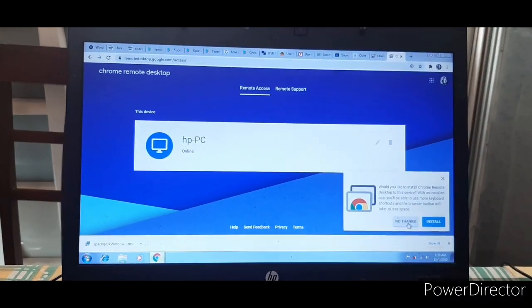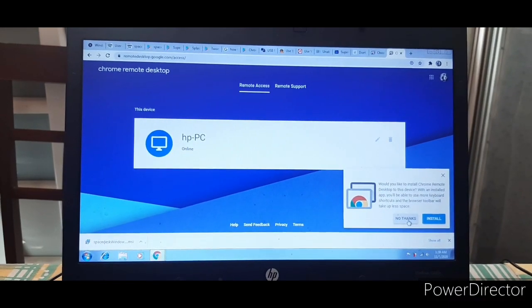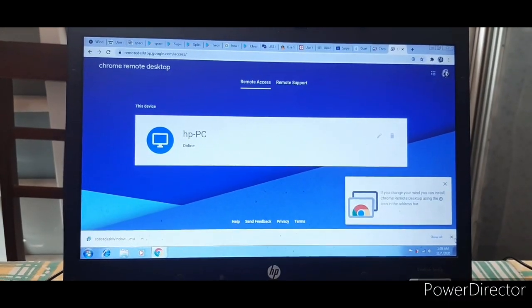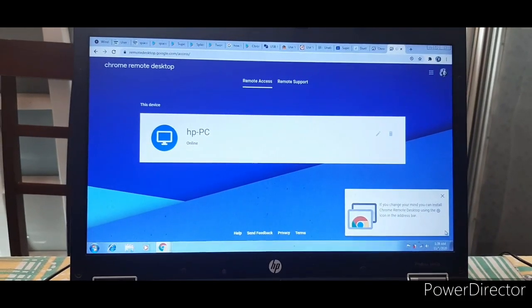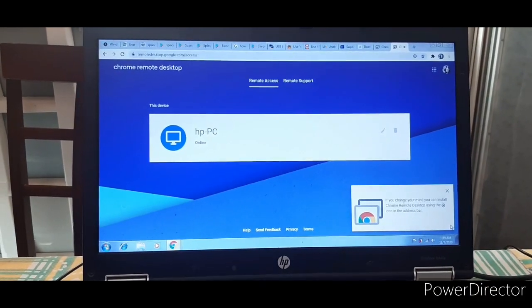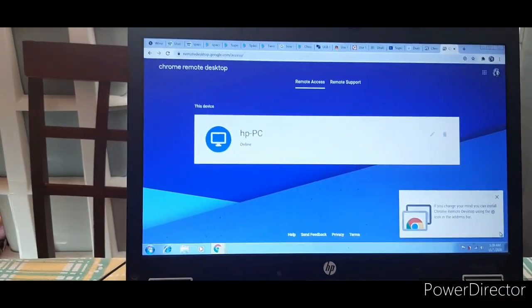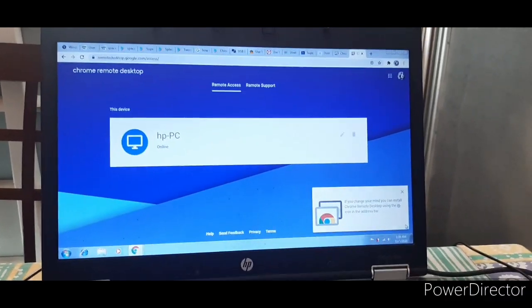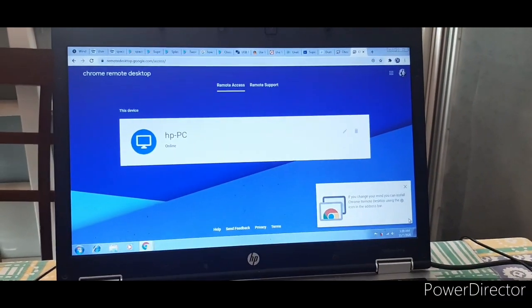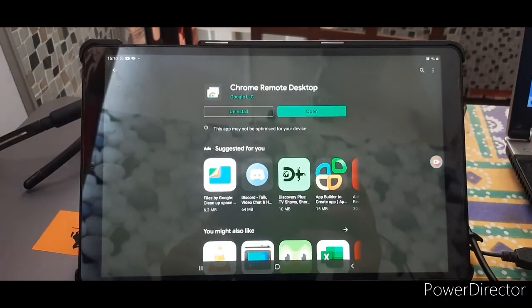I already installed that plugin, so I will not do anything now. I will just close it. That's all you need to do on the desktop part, and the same application you need to download on an Android mobile or a tablet. I will show you that as well.